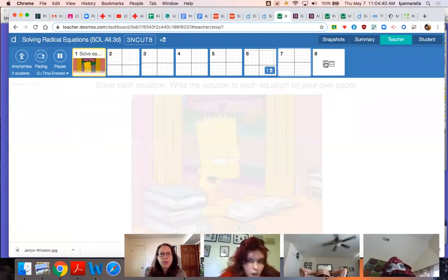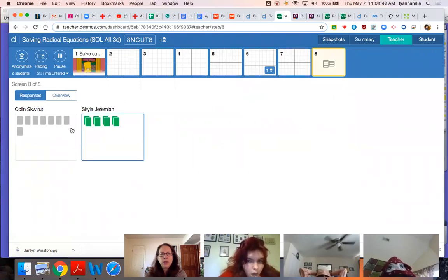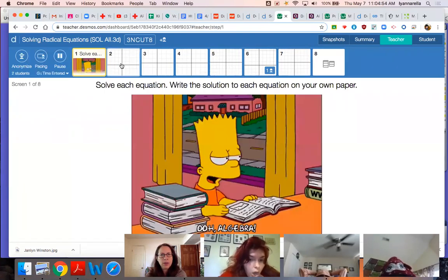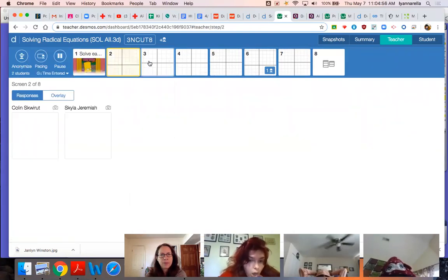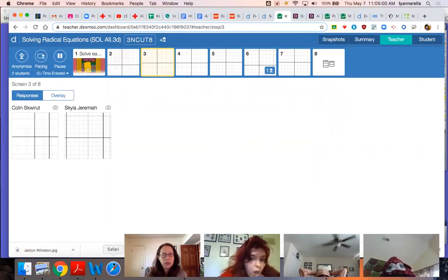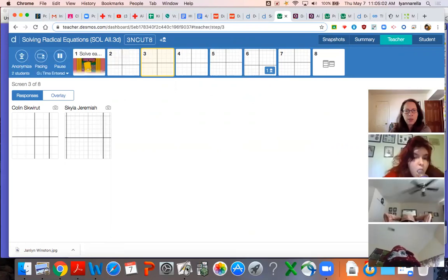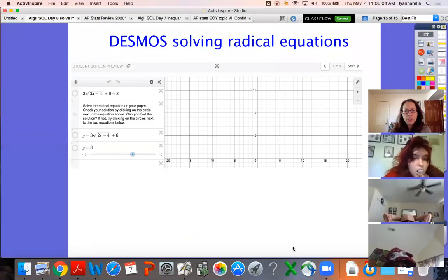And there's a card sort here at the end. Okay, so please do all 8 steps, but the first 7 are just a single question. All you have to do is drag a point, I think. I'm not sure what you have to do, actually. Let me look. Anyways, that's what it looks like in Desmos. So that's all I have for the day.